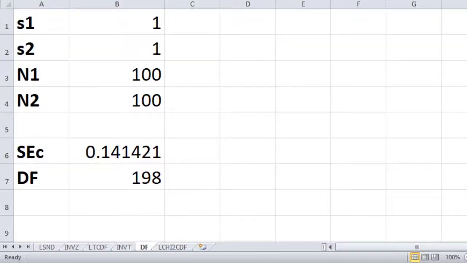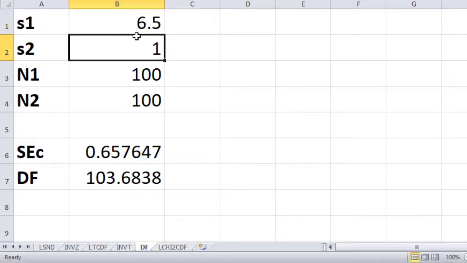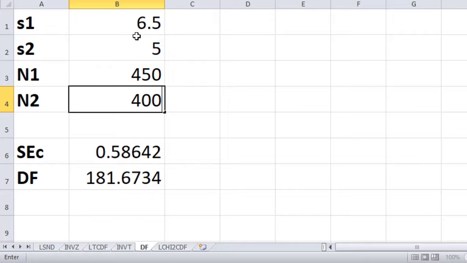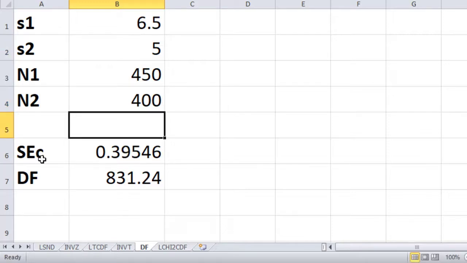And so now, back on my Microsoft Excel screen right here, S1 is intended for the sample standard deviation 1. So here I am going to provide 6.5. I will put in 5 for S2, and I will put in 450 for N1, and I will put in 400 for N2. And so now this little portable program of mine quickly calculated the SEC, the combined standard error, for us, and it also calculated